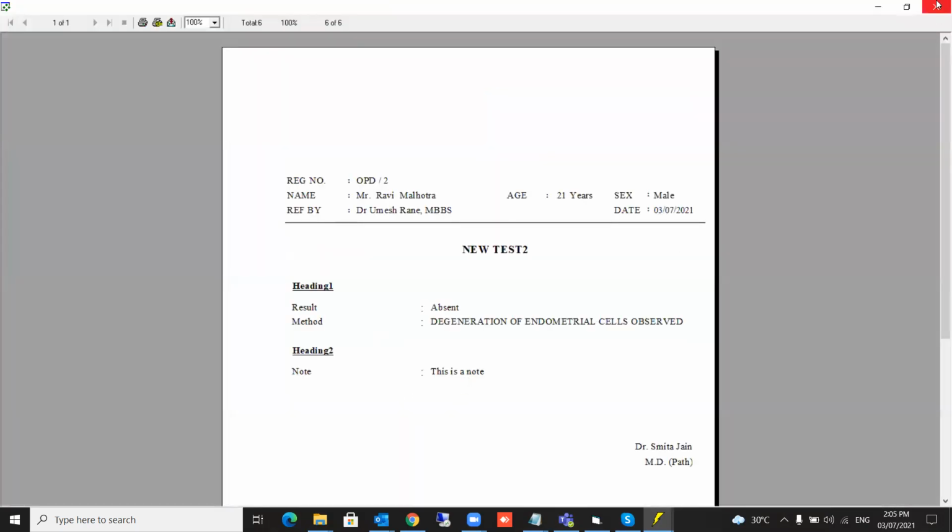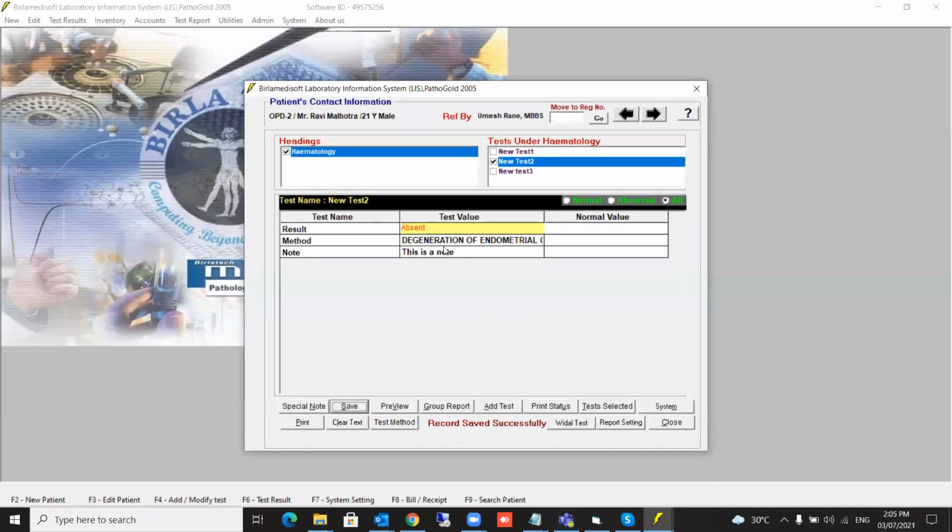Okay. Now see, we have seen this. See, how do you see the heading under this? And then there was a space which we have created. That's why the space has come and the note has come. So this is the way we have defined the test. Now imagine you think that okay, this is not correct right now. You don't want this space to be here. What can you do? You need not worry. You can immediately go to add modify test and do it. I will show you. I'll just go there to new test 2 without disturbing anything and it will immediately come over here.